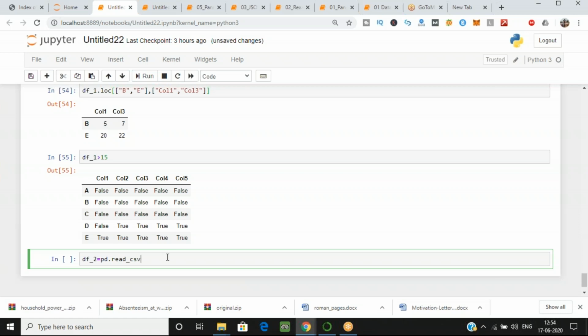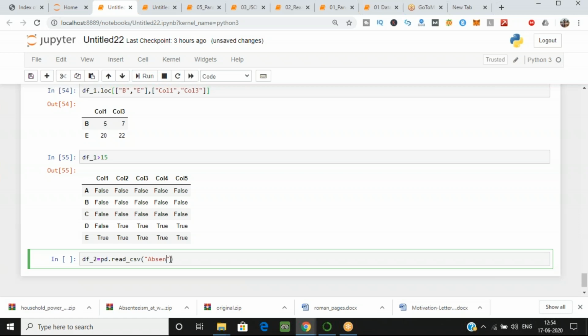If it is an Excel file, then you write Excel. We will see that one also, don't worry. Here you have to provide the file name, and please be careful, the name of the file should be the same as what you type over here, otherwise it will give you an error. So let's see.